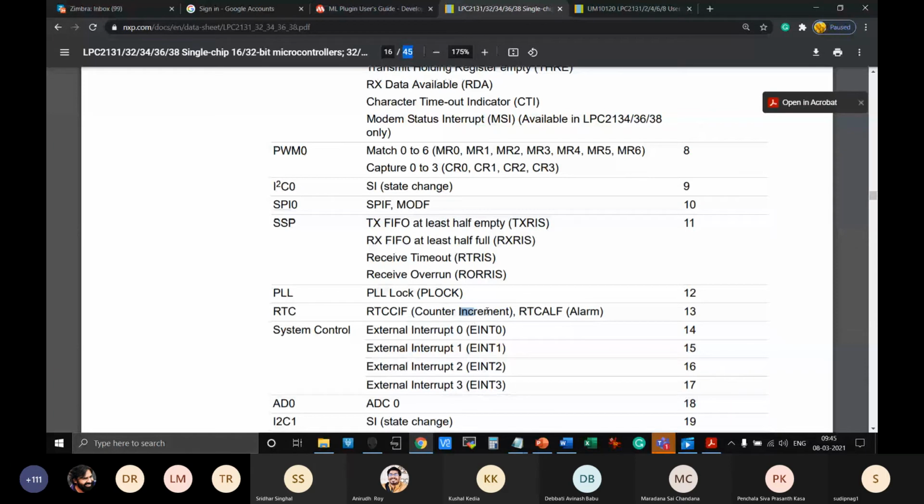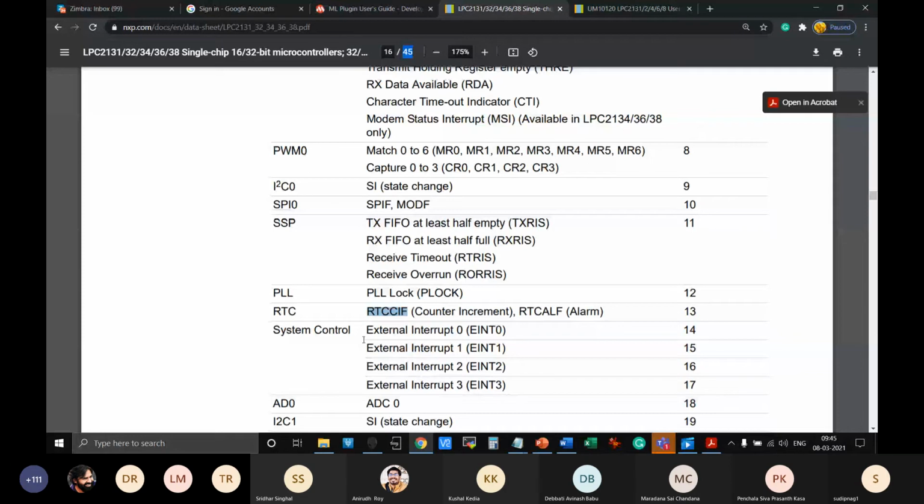While you start your stopwatch, the OS, the Android OS or your iOS, configures these RTC interrupts. The RTC keeps on counting, it is otherwise also always counting time, but it keeps generating the interrupt. So you are actually enabling the RTC interrupt once you start the stopwatch on your phone. Then the OS coordinates with this interrupt, and it sounds an alarm or shows some indication. Then there are system controls for the external interrupts.